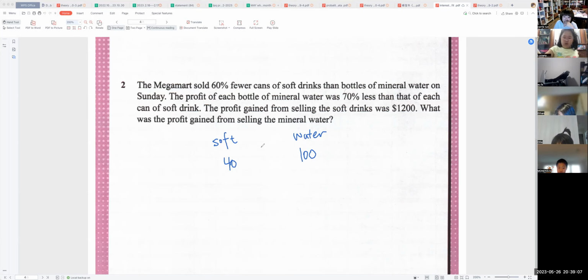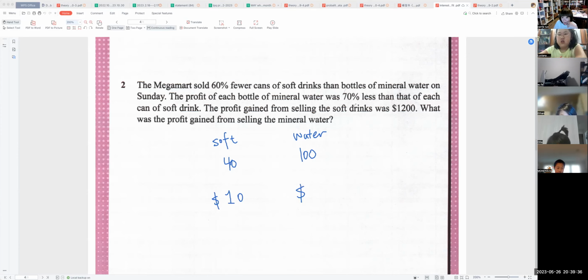drink。也就是说，如果 soft drink 每卖出去1瓶赚1块钱，sorry，赚10块钱。I know it is impossible, okay? I just to make everything calculate easier wise. 卖1瓶 soft drink 可以赚10块钱的话，我问一下小朋友，卖1瓶矿泉水可以赚多少钱？自己说，大家说出来没关系。